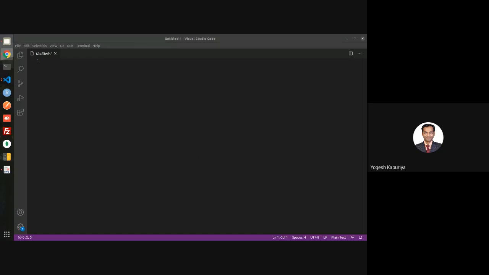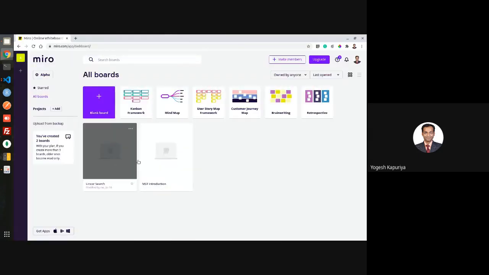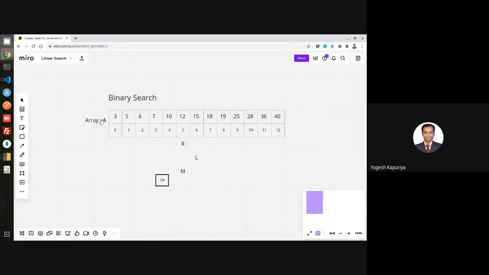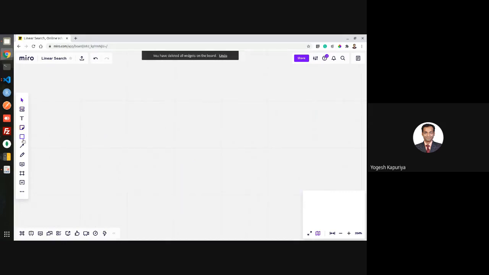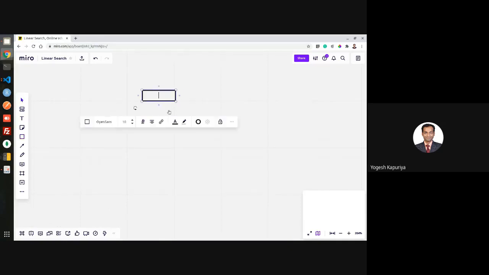So let's first discuss how pointer is to be used. Whenever you execute any problem statement, it requires a storage, right?